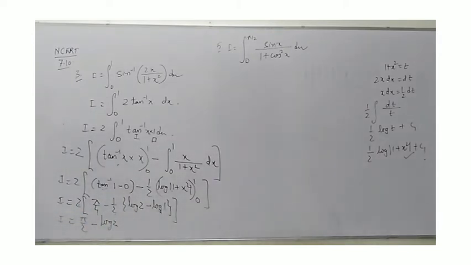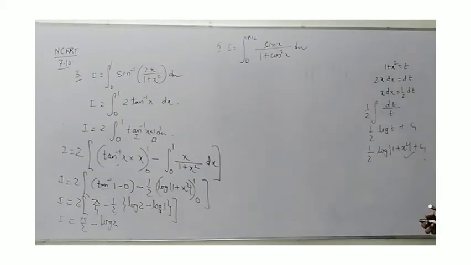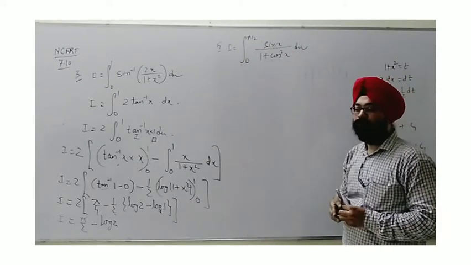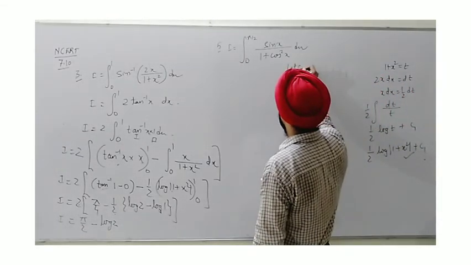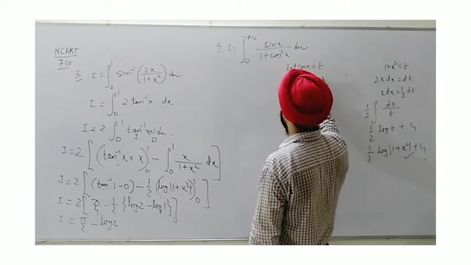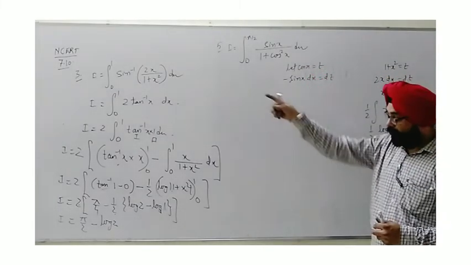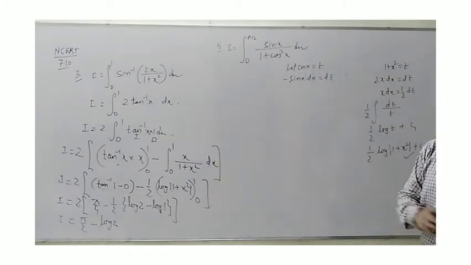Okay, we will go ahead with the fifth question also. I was thinking whether this will give any challenge or not, because simple observation says it's the substitution method. Sin x is given, below we have a cos function, so substitute cos x by t. Let cos x be t here, differentiating, minus sin x dx is dt. By the way, this exercise is based on the substitution method. In the first question I have not used substitution, so it depends. It's not a compulsion every time.